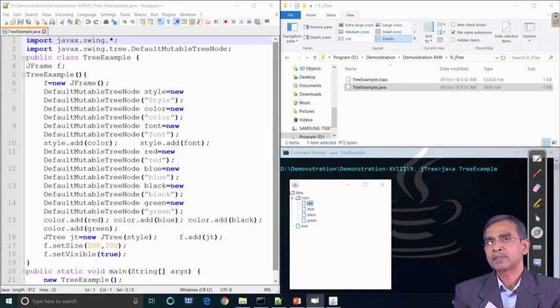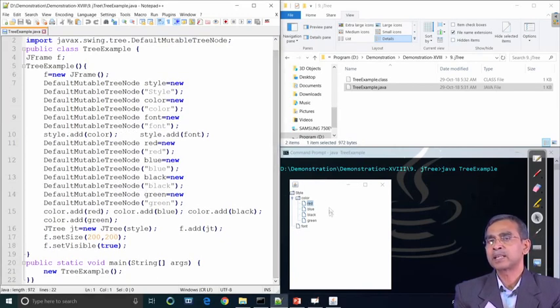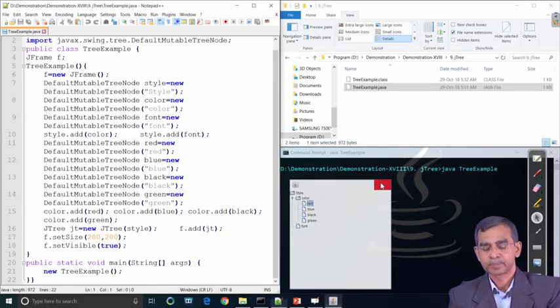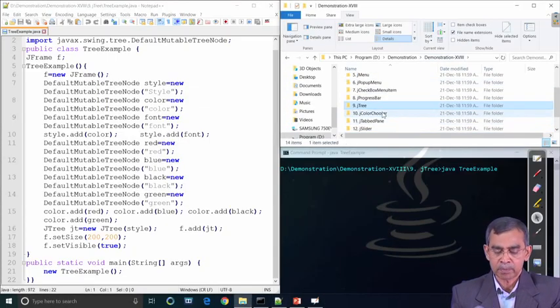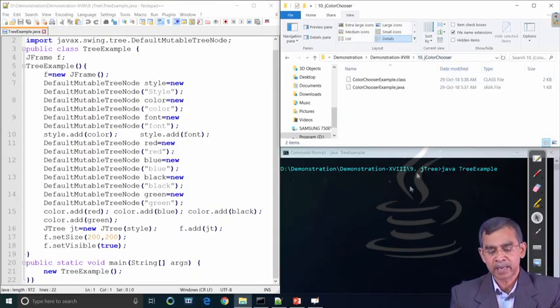So, that includes basically how to create a frame of our own, and as the output is shown, it will display the tree looking like this. So, this is the example of a tree, and many more items can be added. You can have many other things there.